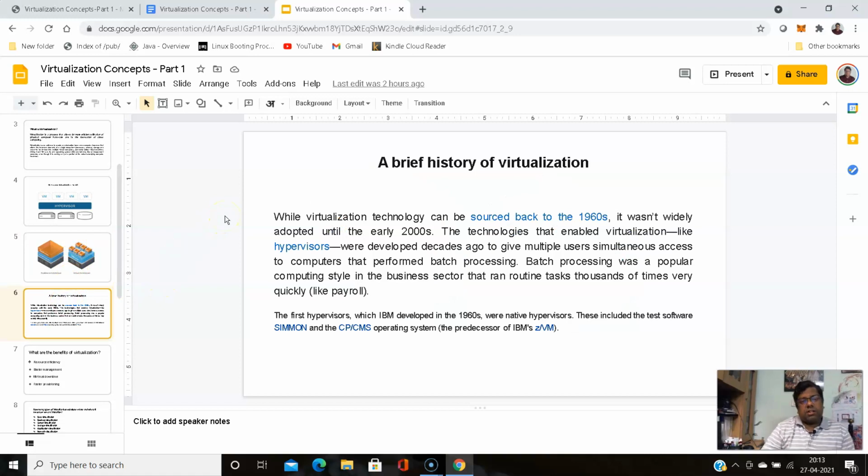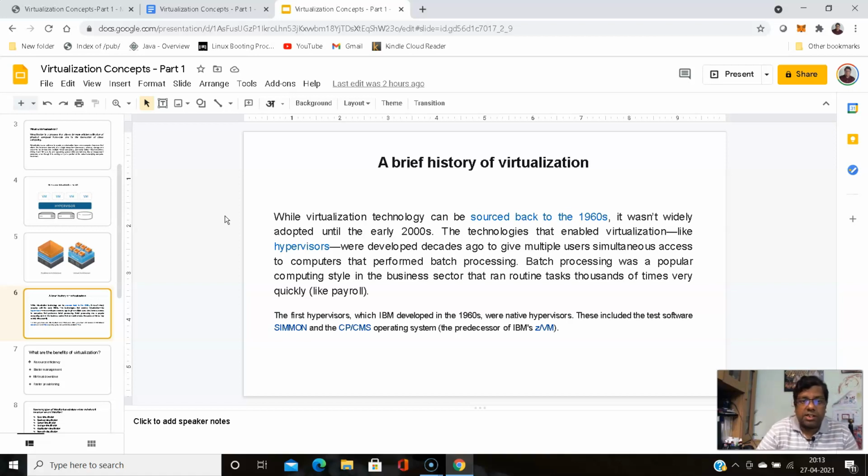Now let's go through the brief history of virtualization. Virtualization technology can be traced back to the 1960s. It was designed by IBM. IBM came up with a hypervisor, which is the main application used for virtualization.